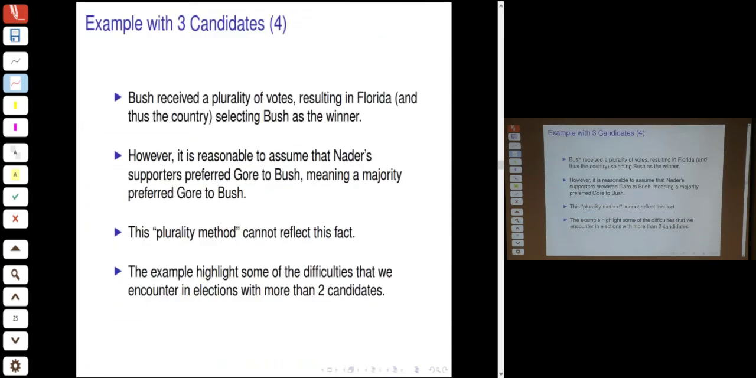So let us now actually drop the pretense of G, B, and N and call them by names. Bush received the plurality of votes, resulting in Florida and thus the country selecting Bush as the winner. So you might be knowing that